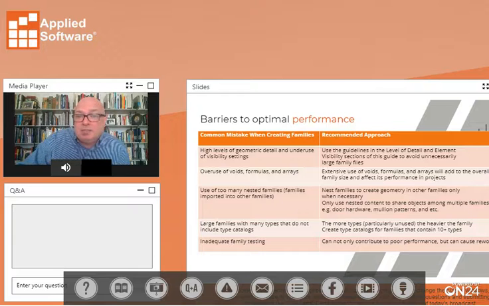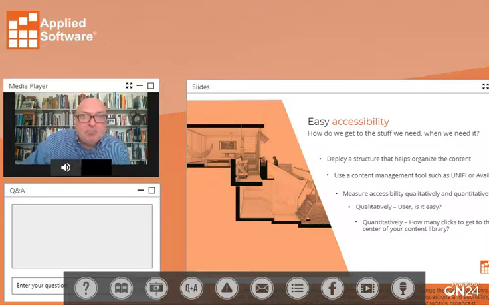And there's some common mistakes that get in the way. All right. Now, when I talk about easy accessibility, that's, to me, probably the easiest thing to fix, but seems to me the least common thing that we do fix. Okay. What I mean by that is,